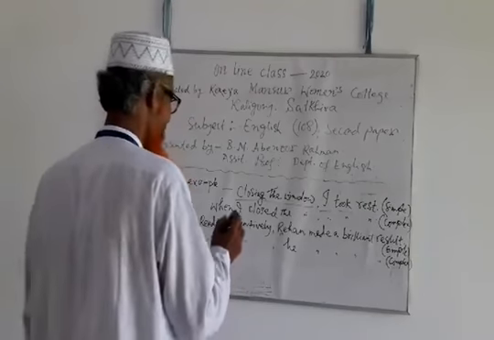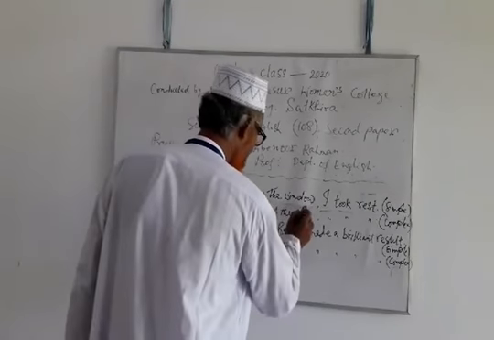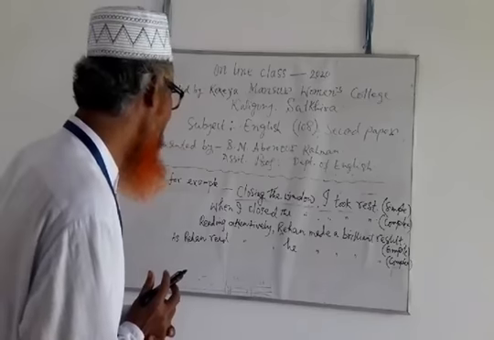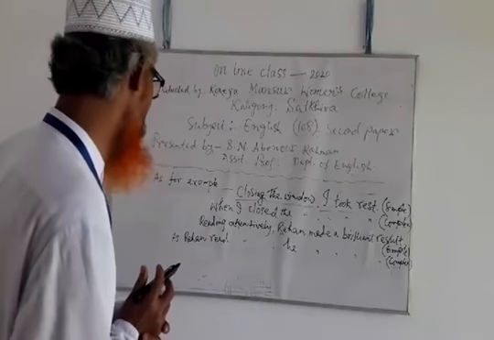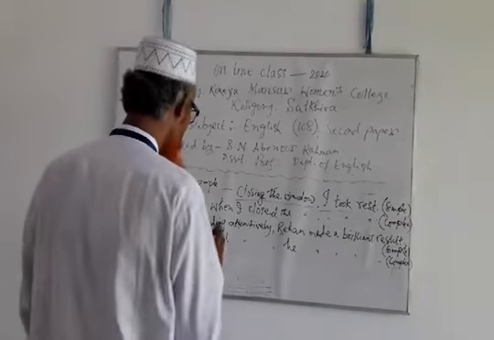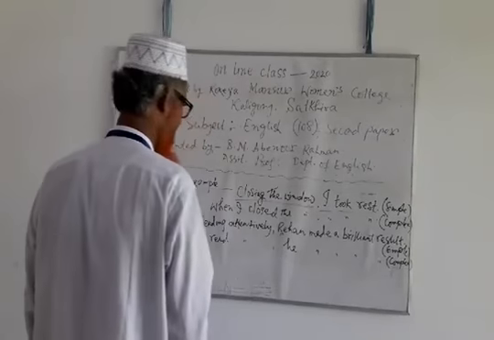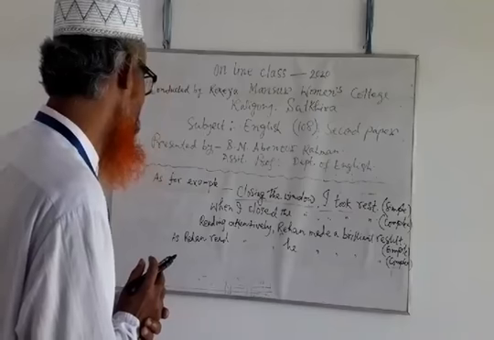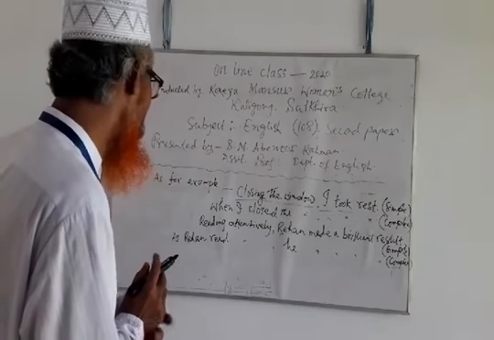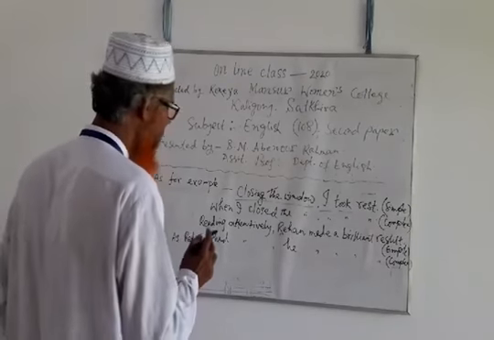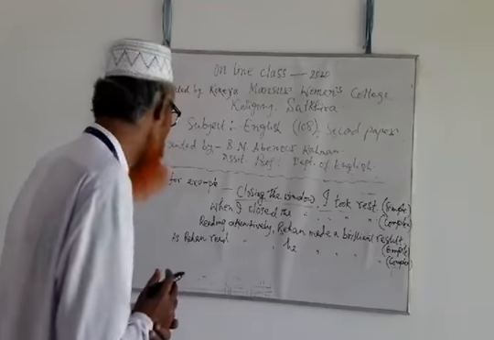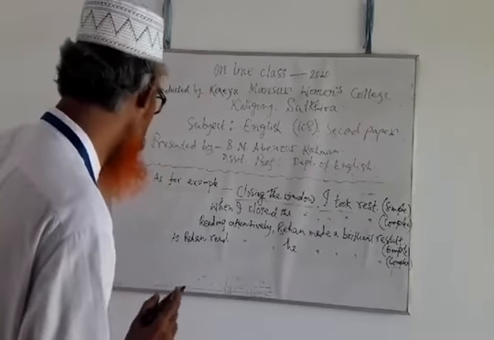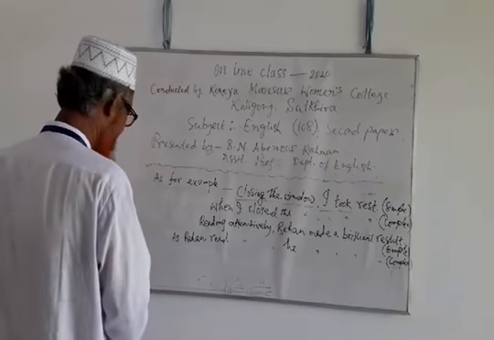If the phrase indicates time, then we have to begin the subordinate clause with the subordinate conjunction when. And if the phrase indicates cause or reason, then we have to begin the subordinate clause with the conjunction as,